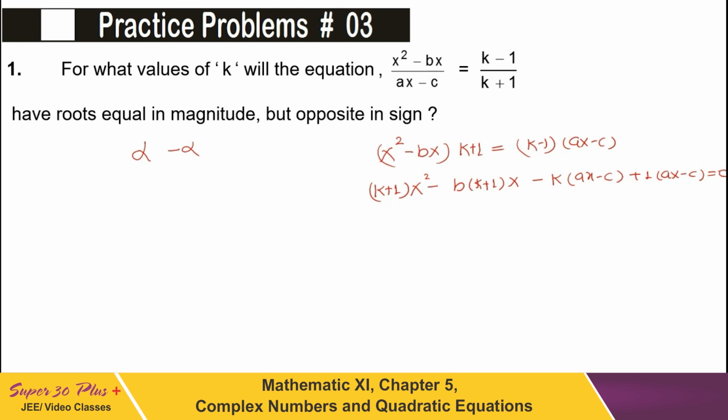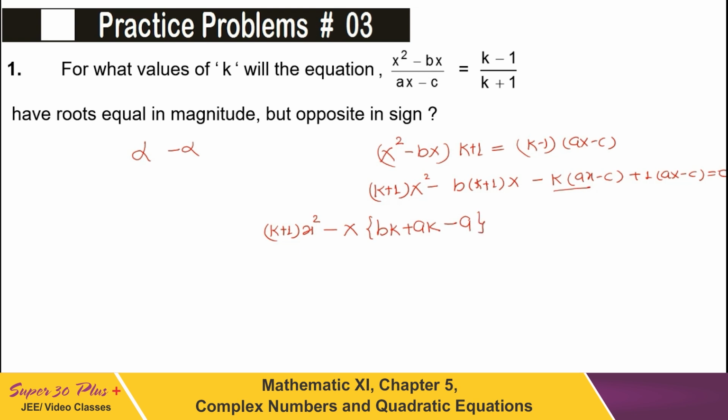Now simplify it: (k plus 1) x square minus the coefficient of x. We collect the coefficient of x: from here it is bk, and from here it is ak, and minus x is common, that's why it is minus a, and the remaining portion is